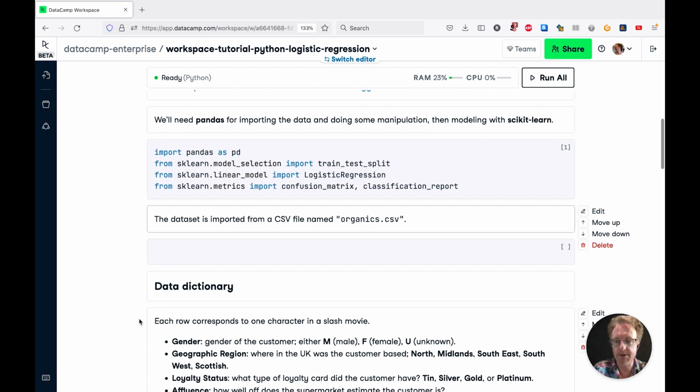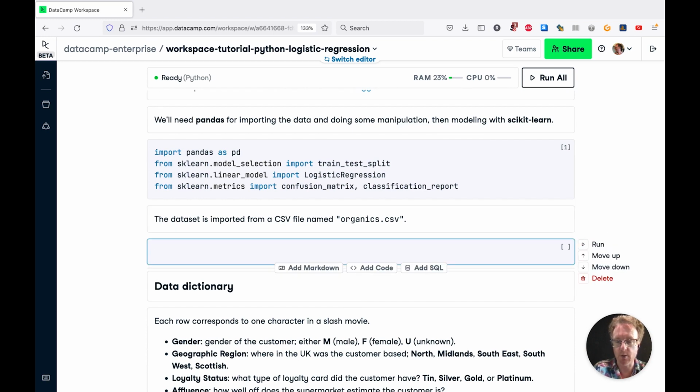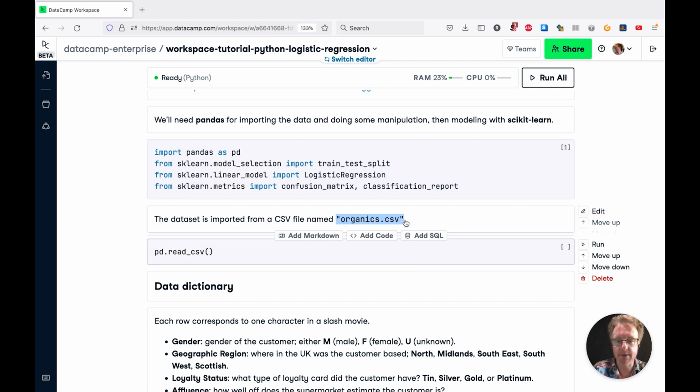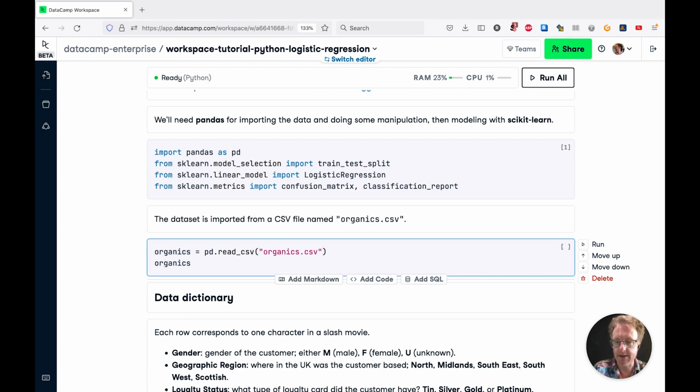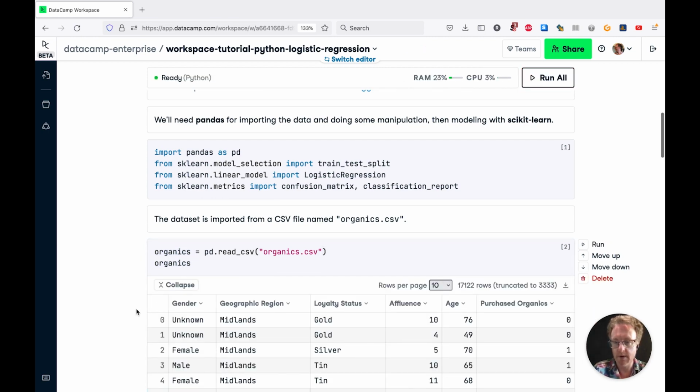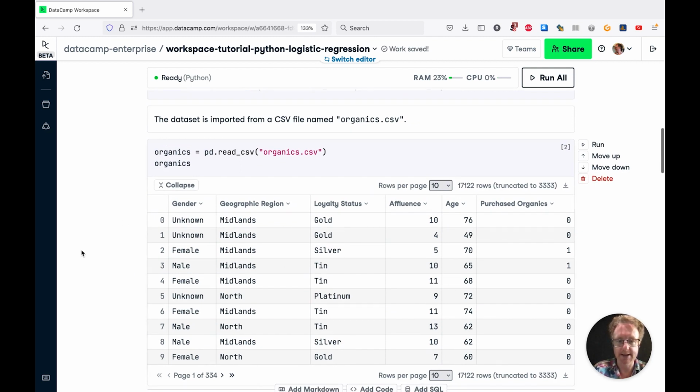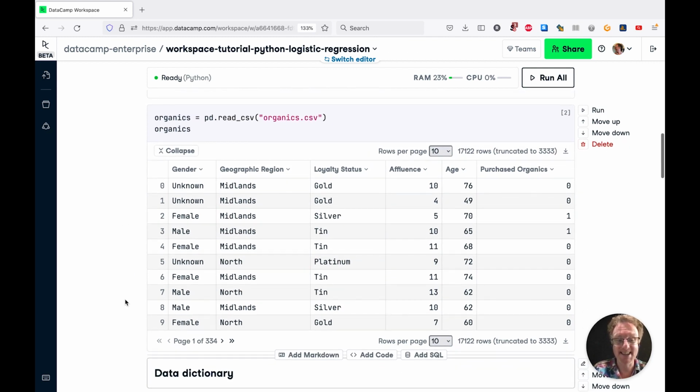So now we've got our functions available and our dataset is in this CSV file called organics.csv. So we're going to do pd.read_csv. We're going to pass it the path to the file, so organics.csv. I'm going to copy and paste so I don't make any typos. And in this case, I'm going to call it organics. Just copy and paste the file name and put it at the end of the cell so we can print it out. You see, in this workspace, you get these nice interactive tables, and we have 6 different columns in the